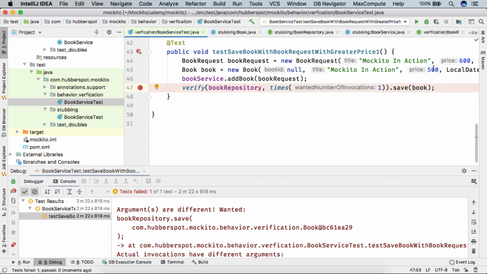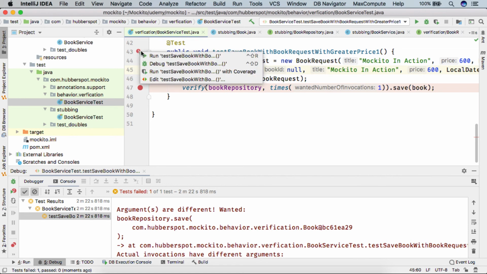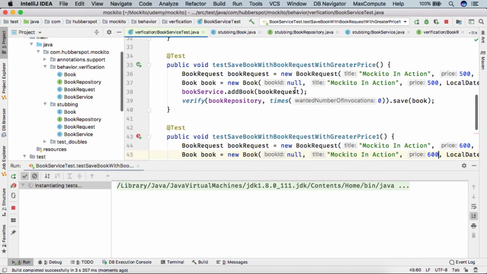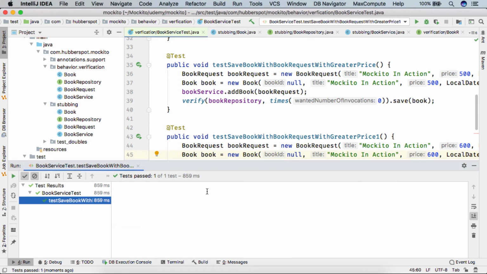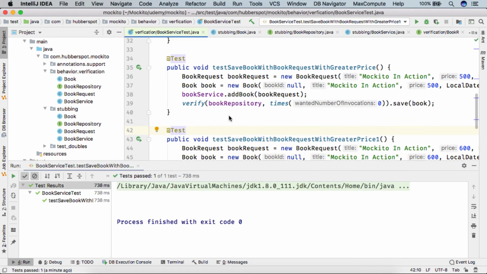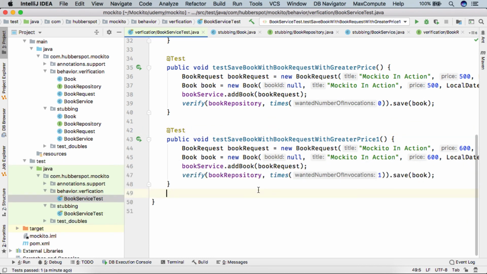So friends, if I change the value here to 600 and run the test case now, you see the test case got executed successfully. So the verify method also helps us in verifying how many times a method was called on a particular mock object.